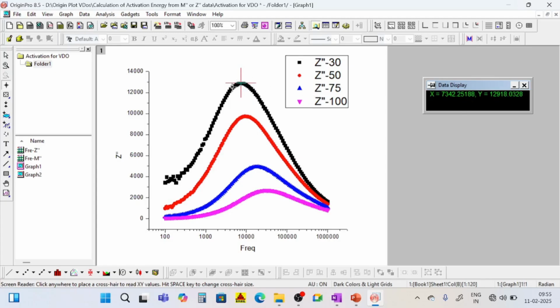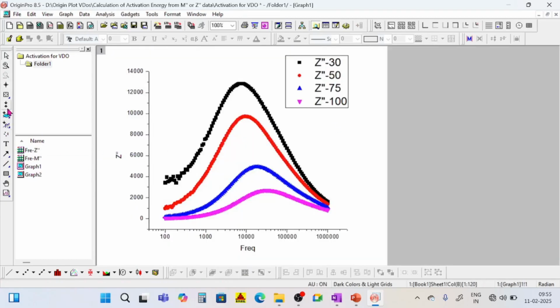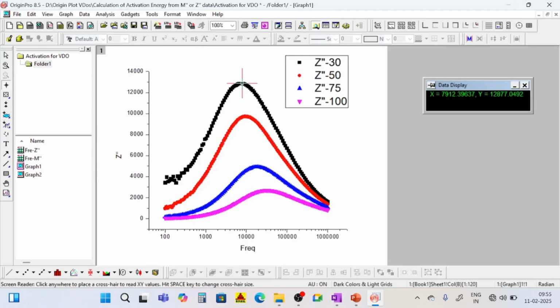So here I clicked on the peak, the corresponding x is 7342, around 7342 frequency, but it may not be exactly this value. For that you have to search in the table. In the graph we found the value is around 7000 plus. Okay,